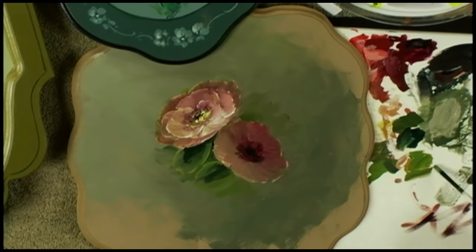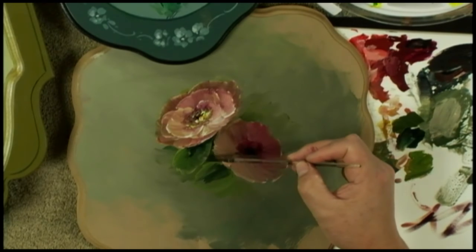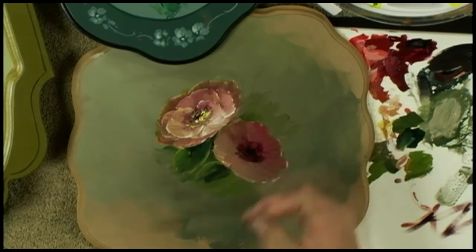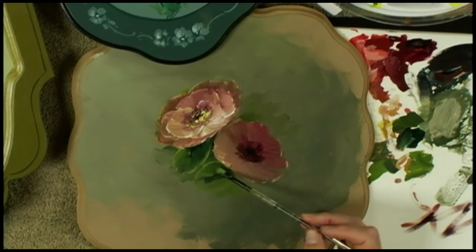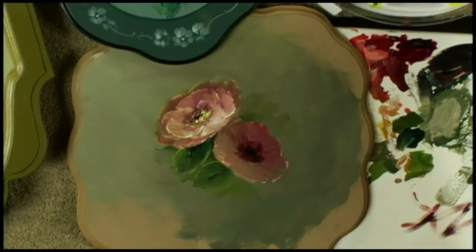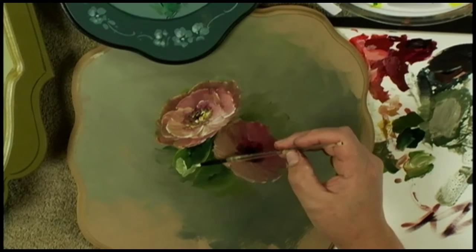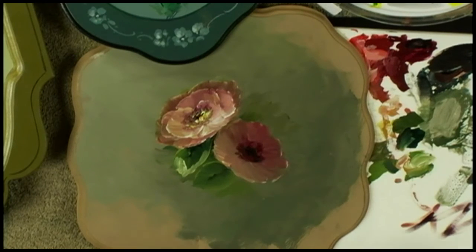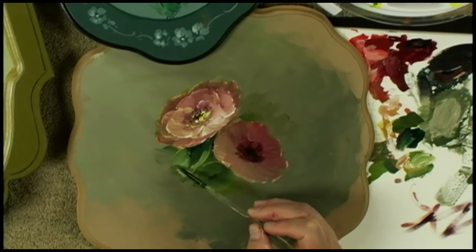And then we'll come in and we'll start to just wiggle in and fill, and you can stroke in, you can pull in, but I will vary some of those things depending on where that leaf is. Sometimes I'll stroke in quite heavy, but instead of base coating the whole leaf like we did the first one, we're going to kind of put in some color and outline it and then start building it. And we'll get a little lighter color here, and a little lighter color, put a little lighter edge on it, drop some of that color in here like this. Now I can stroke that in if it's a forward leaf to give more power to it,